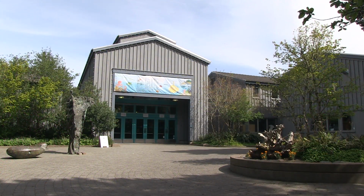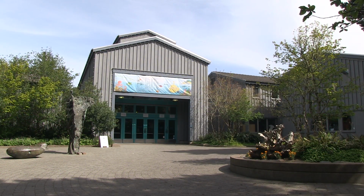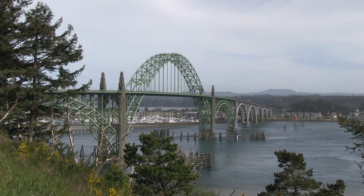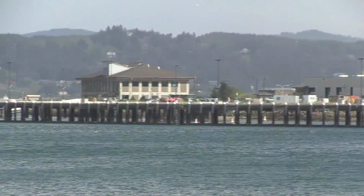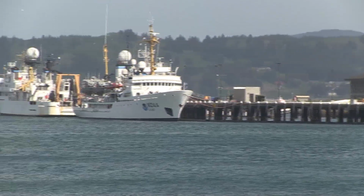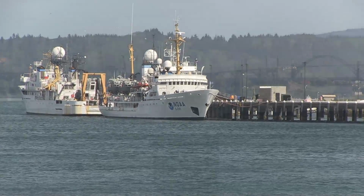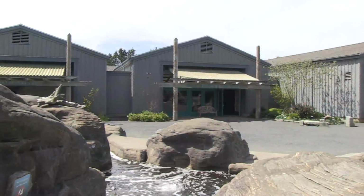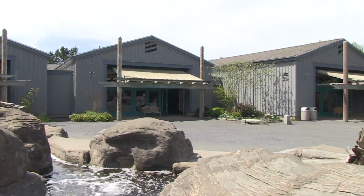Our first stop is one maybe familiar to you, the Oregon Coast Aquarium at Newport, Oregon. The aquarium sits inside Newport Harbor and next to Oregon State University's Hatfield Marine Science Center and NOAA's, the National Oceanic and Atmospheric Administration's, new Marine Operations Center, so the construction and choice of building materials was very carefully considered